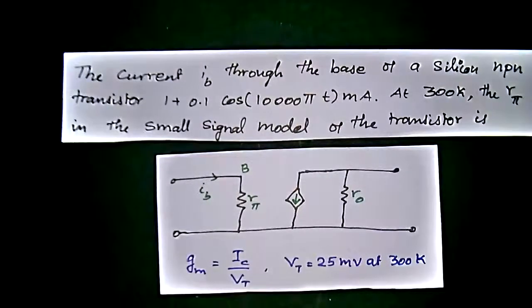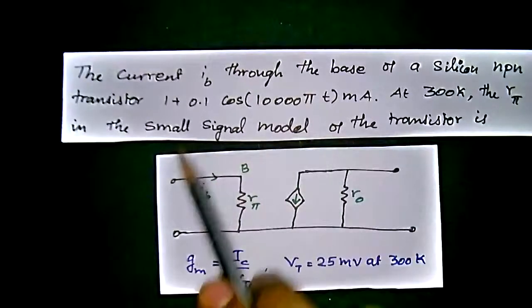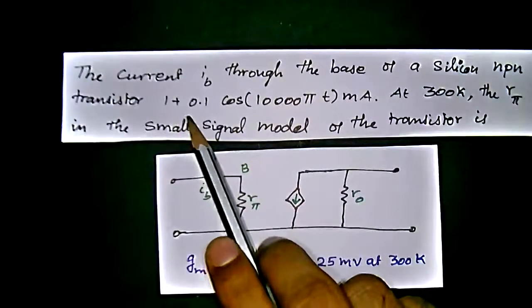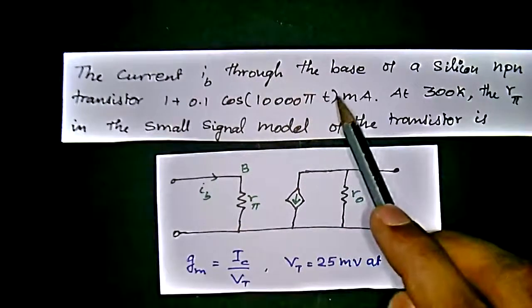The question is the base current IB through the base of a silicon NPN transistor. They are given the value of the silicon transistor, so we have to get the terms or facts we know of. For the silicon NPN transistor, the given current IB is 1 plus 0.1 cos(10,000 pi t)